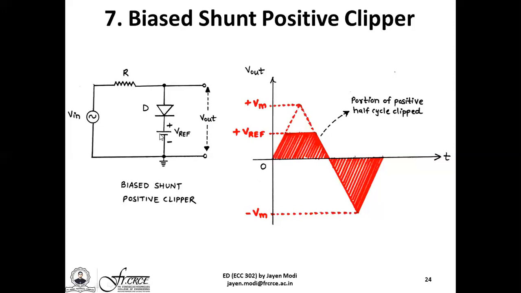However, during that time, whatever AC input signal is applied at the input side, due to the diode behaving like an open circuit, the same AC input signal can be easily obtained at the output terminals. So here, what you see is that although the input AC signal negative half cycle changes from 0 to minus Vm and then from minus Vm back to 0, due to the diode behaving like a typical open circuit, you do not have any battery voltage appearing across the output. The same negative half cycle appears across the output exactly as it is.